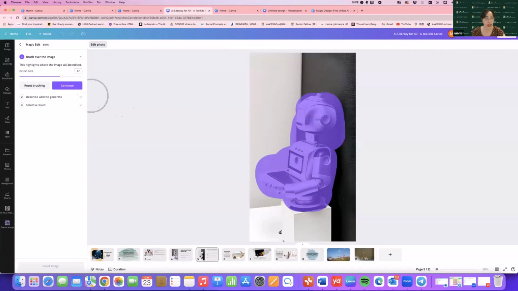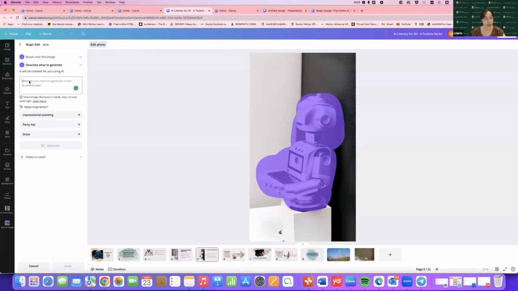I cover it, and then I continue. Here you will enter some words to describe the thing you want for AI. It's a little bit like the text to image. For example, I wanted to replace a red rose